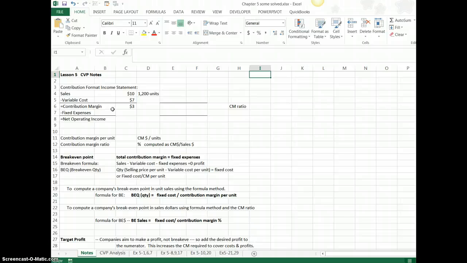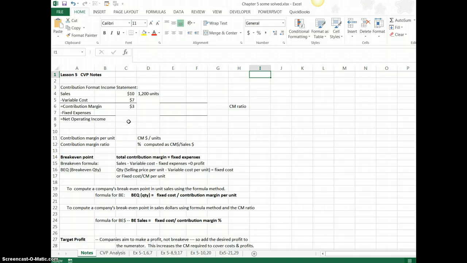When you do the y equals mx plus b equation of a line format, the m is your slope. M represents variable cost. The contribution margin by definition is the difference between them. In essence, what this means is that you will make $3 on every unit that you sell. That $3 then needs to cover your operating expenses, your fixed expenses, in order for the company to make a